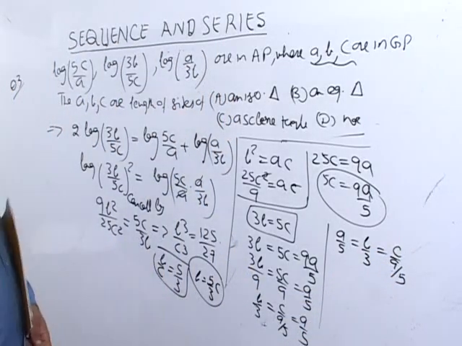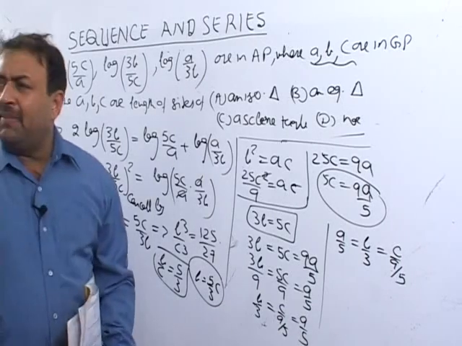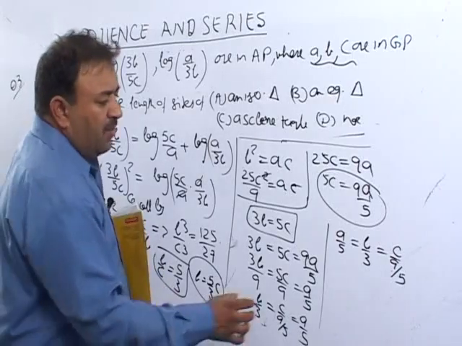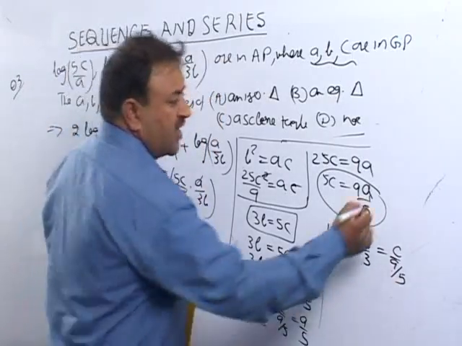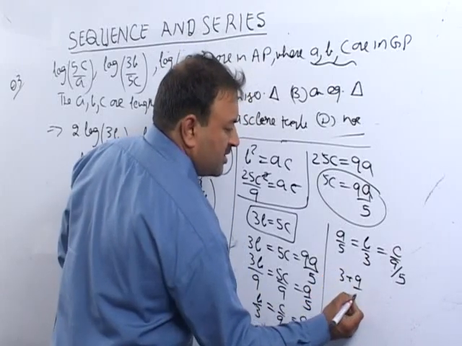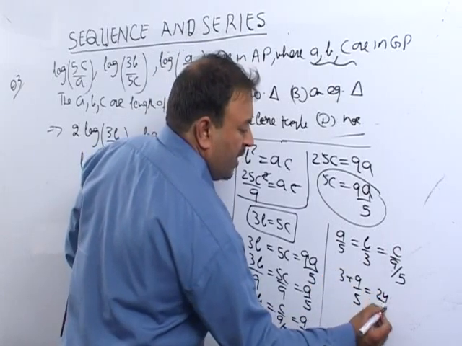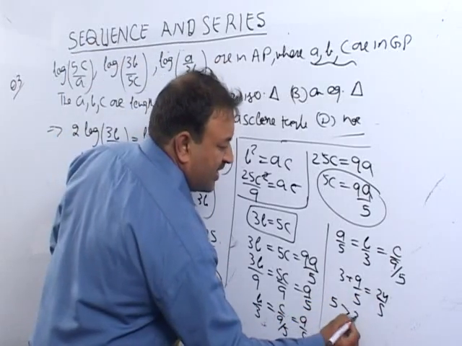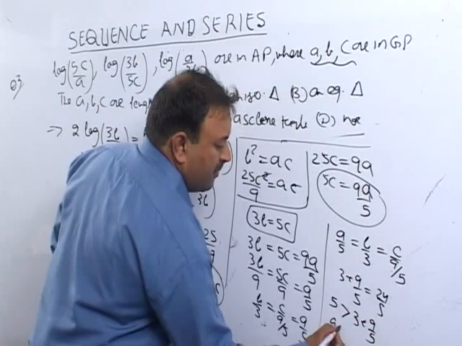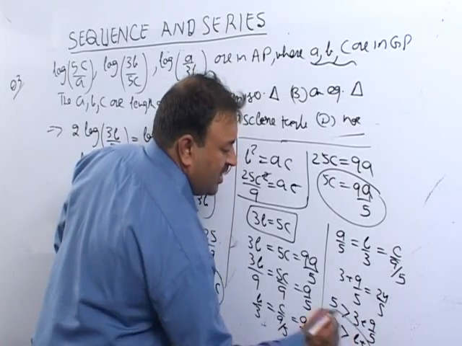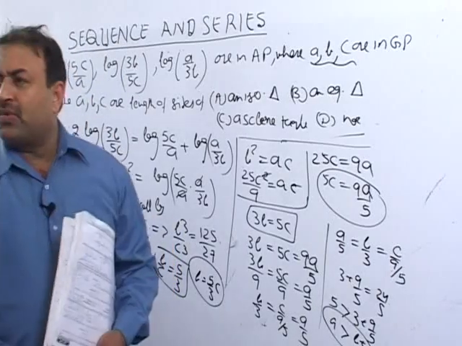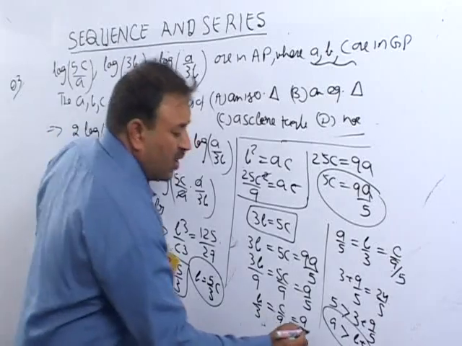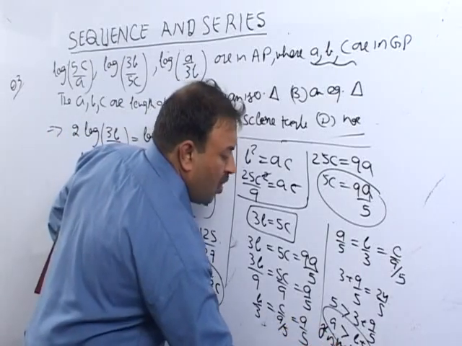Now look carefully, what are a, b, c? They are the sides of triangle ABC. हम इन दोनों sides को suppose add up करते हैं. It is 3 plus 9 by 5, which is 24 by 5, it is 4 point something. What does it mean? 5 is greater than 3 plus 9 by 5, that means a is greater than b plus c. Sum of two sides of a triangle is less than the third side, which means it is not a triangle.